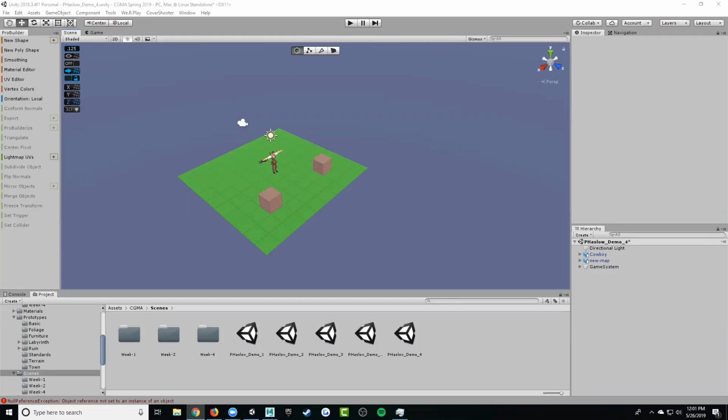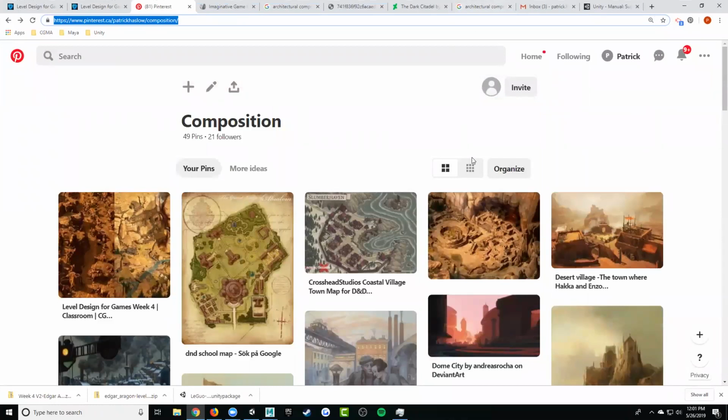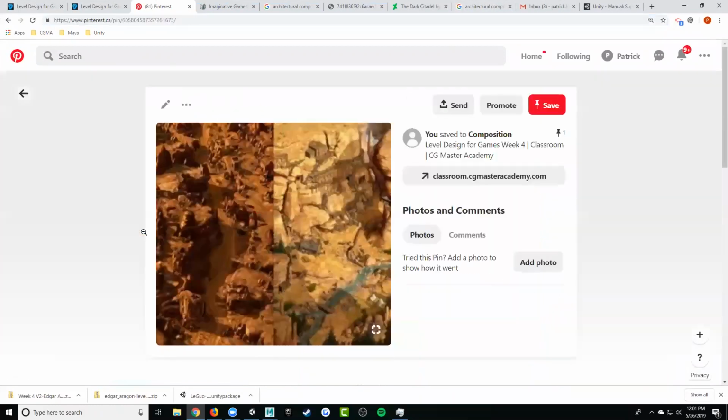We're going to do a demo here today of pretty much just a scene composition, similar to the assignment for this week. I was looking through my Pinterest board for some possibilities. This is the one we used for the assignment from the Desperados game. And the virtue of this illustration that's kind of nice is,